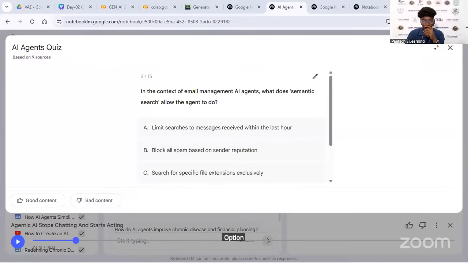Option B, okay. Block all spam based on the sender reputation, right? Option B, okay. Most of the people are telling option B, right? Option C, okay.